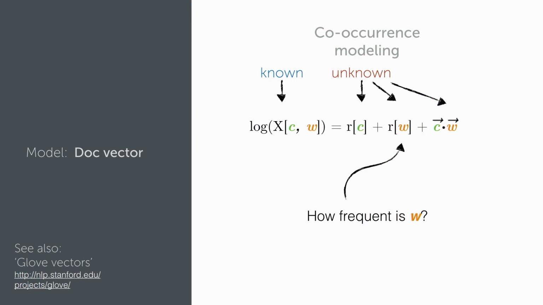Second term is how frequent does the word embroidery show up? And then the third term, that's the most interesting one. That's going to say, is there anything special between the word like and the word embroidery? If so, the dot product of their vectors is going to be a little bit higher. If not, the dot product is going to be a little bit lower. So things like "like" and "embroidery," not that related. But words like spandex and rayon, both materials, show up in the same sort of items, show up in the same sort of context. Well, they're going to be similar, and their dot product and their vectors are going to be similar, and they're going to push those counts up a little bit higher.